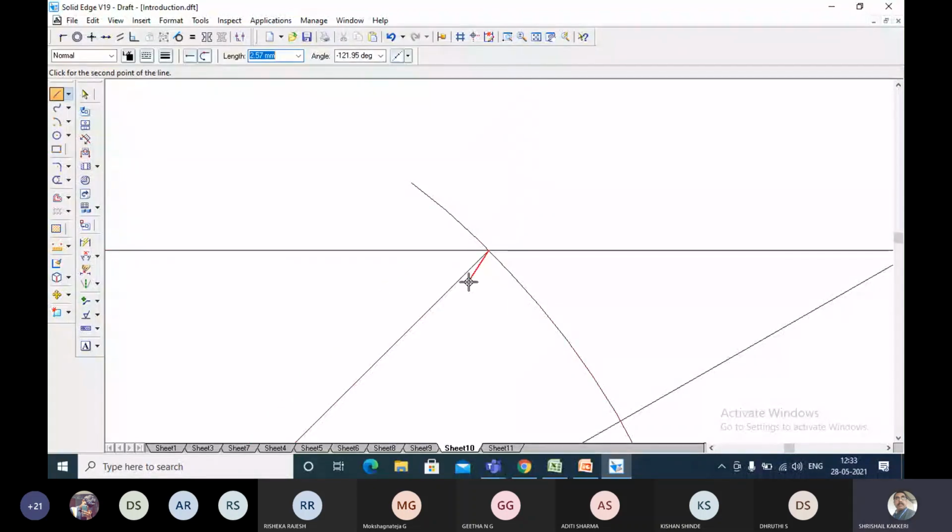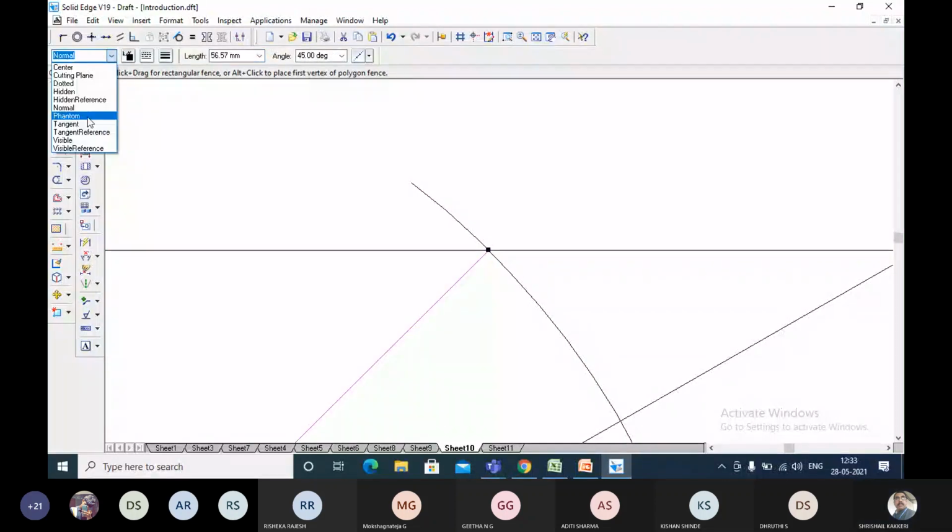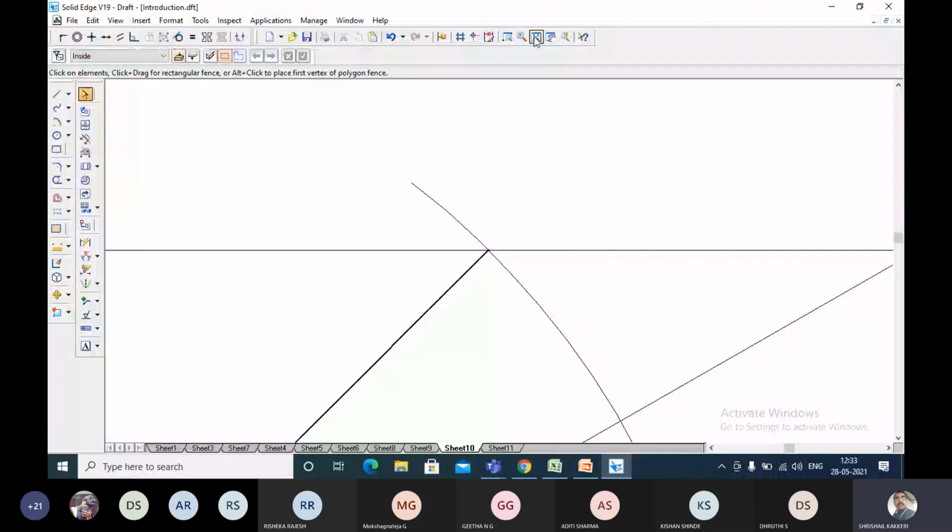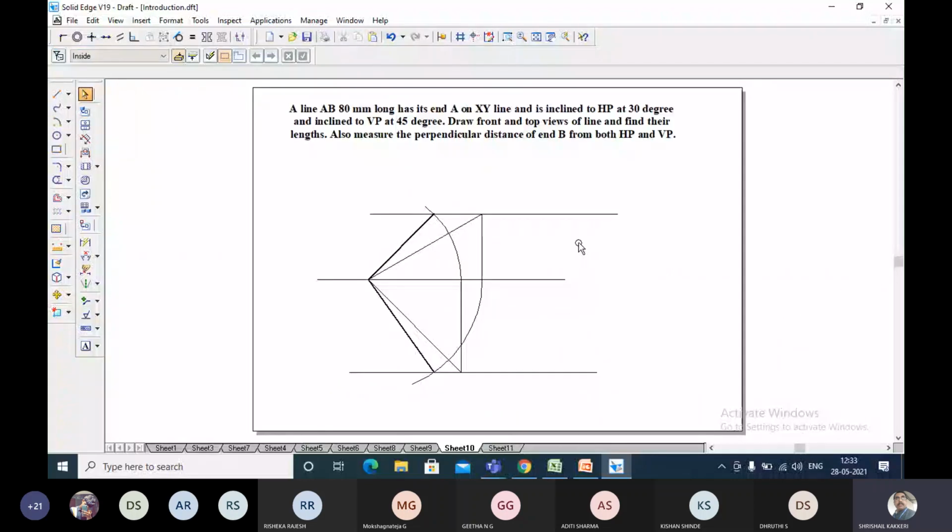My problem is solved. Now make equal lines on both sides so that it looks aesthetically good. And trim them on both sides.